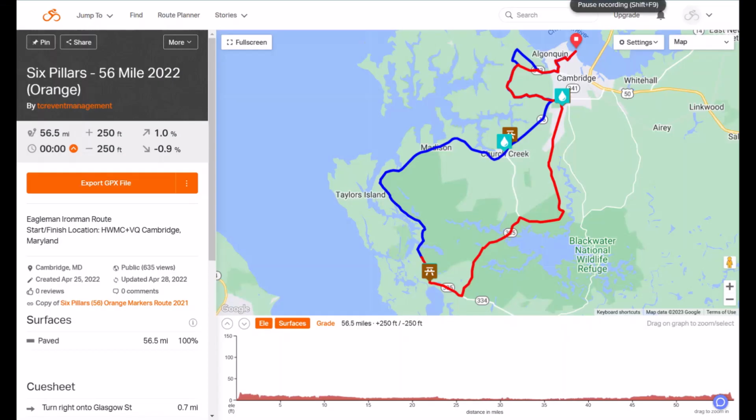So this is a video of the Six Pillar Century Ride out in Cambridge, Maryland this year, 2023. You can see here that we have the Ride with GPS tab open, and we are about to dive into the nitty-gritty details. The first thing you'll notice here is that we have about 250 feet of elevation gain